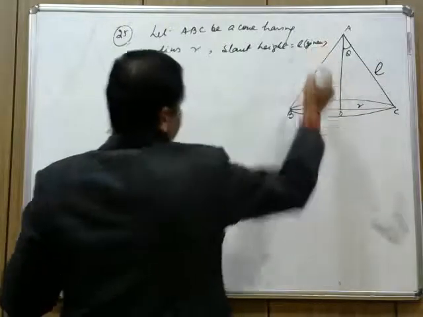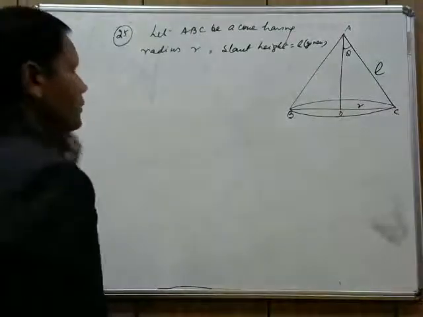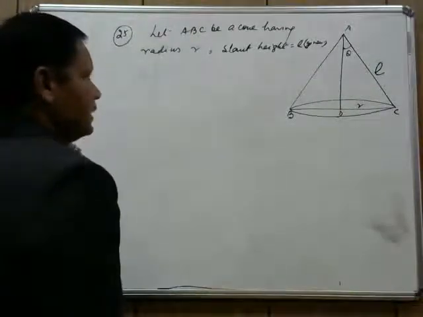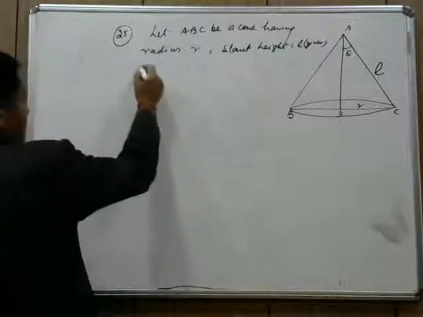Okay, let ABC be a cone having radius r and slant height equal to L, which is given, and